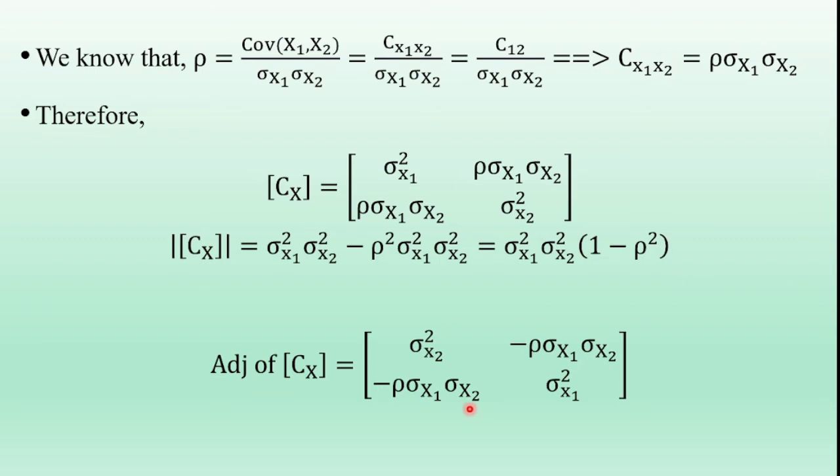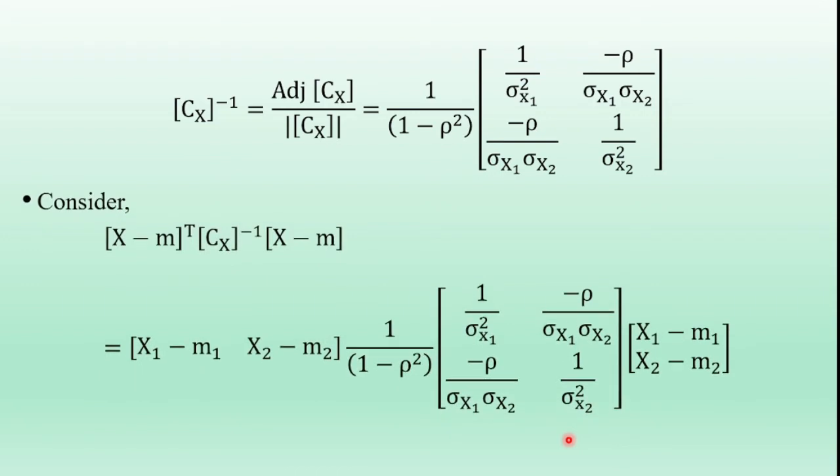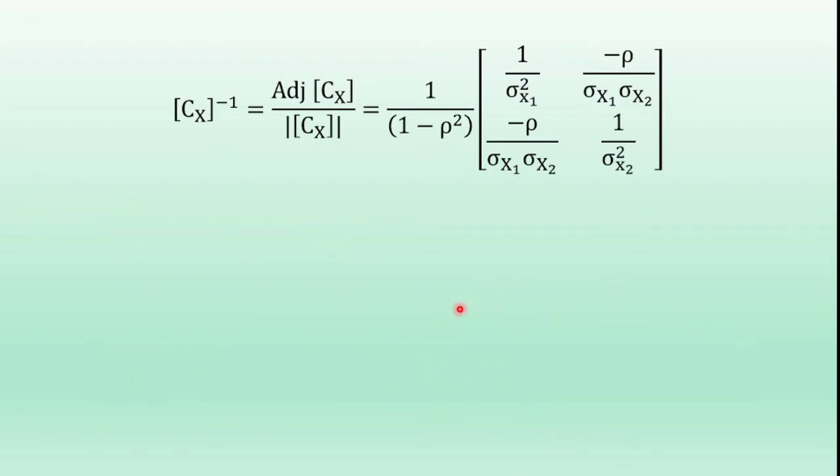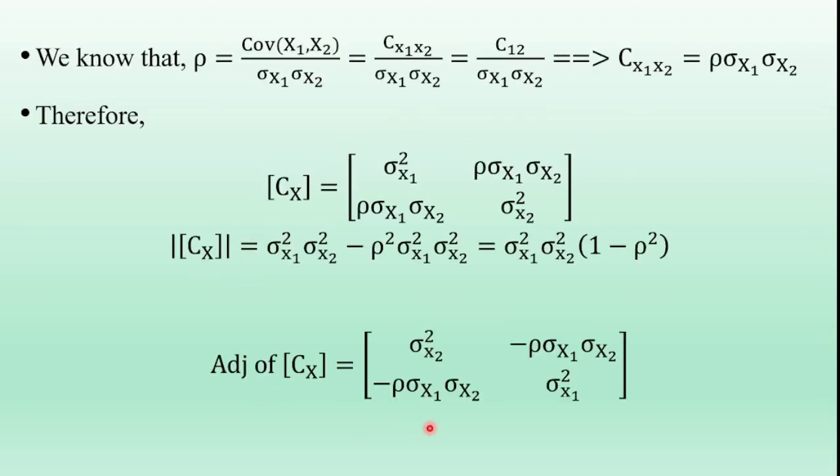That is the adjoint matrix of matrix Cx. Next, determine the inverse matrix. C inverse is equal to the adjoint matrix of Cx divided by the determinant of Cx. So we divide the adjoint matrix by the determinant of Cx. This is the determinant of C, and this is the adjoint matrix. So this adjoint matrix divided by this one. So we get the adjoint matrix of Cx divided by the determinant of Cx is